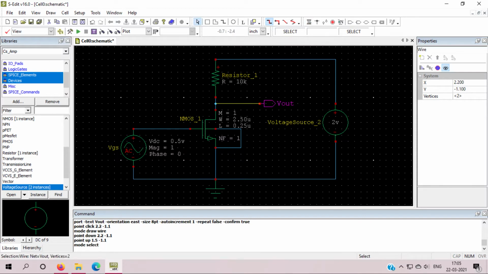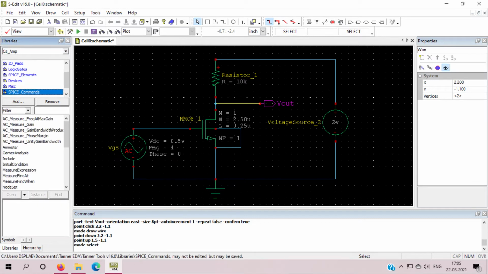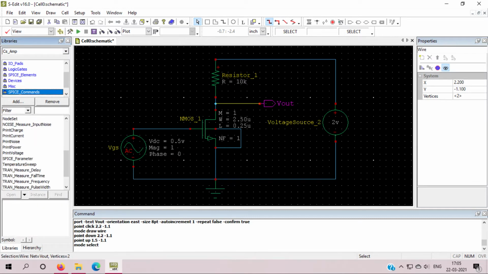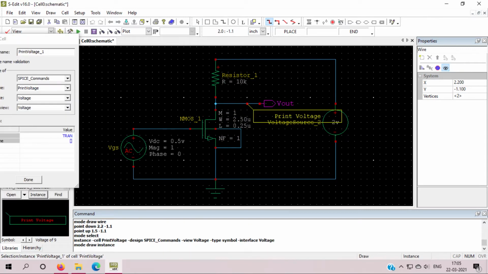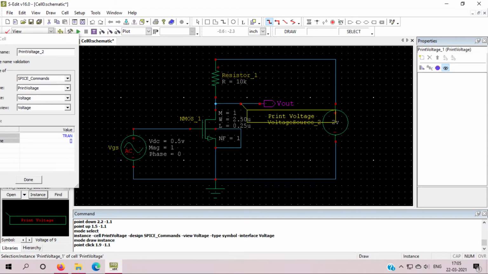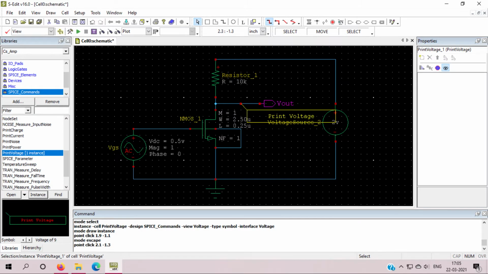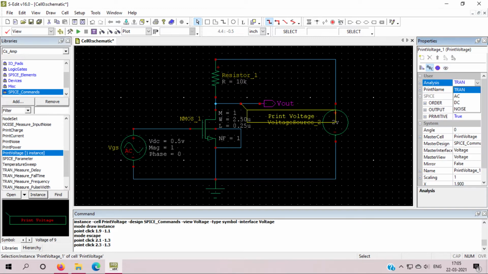Now we need to give the command to print the voltage where we will see the output. So this is the print voltage command. I will drag it and connect it to this place. This is done, and this print voltage command will observe the AC, not only the transient, it should be in AC. That's why I have selected AC.